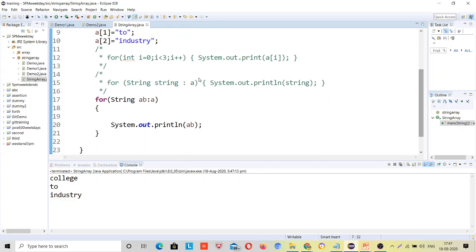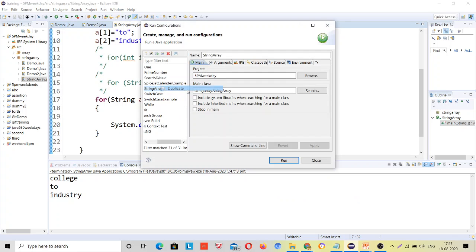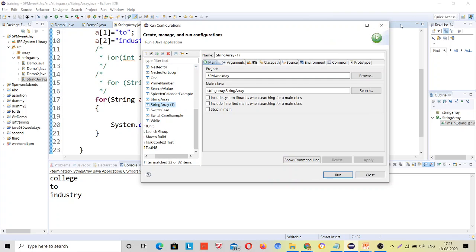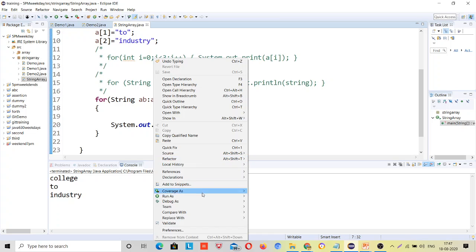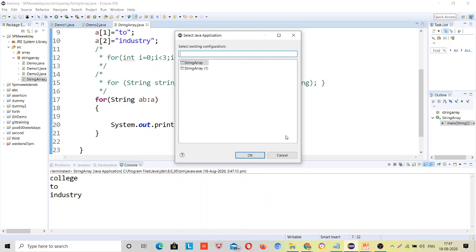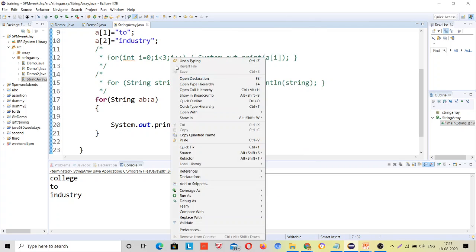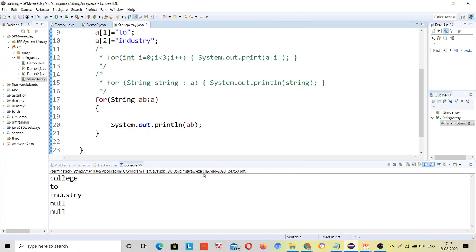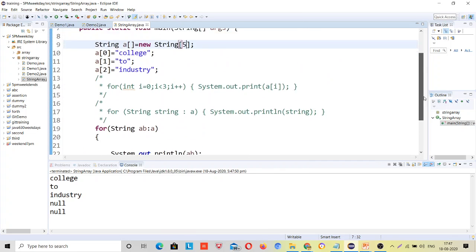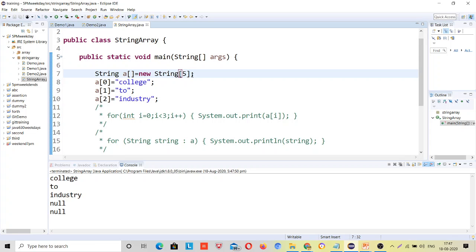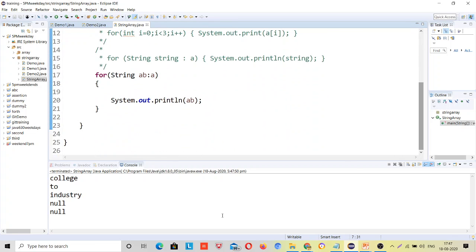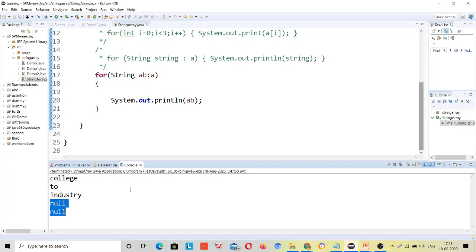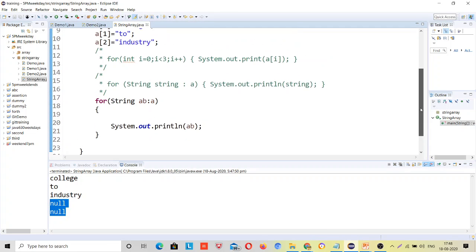Even then the for loop doesn't make any error in that case. Just because you have not assigned values for the 4th and 5th index, the values are null, but there was no array index out of bound error, right?